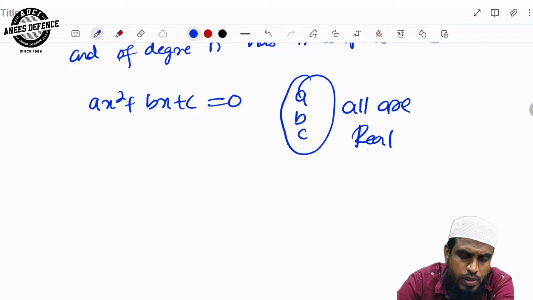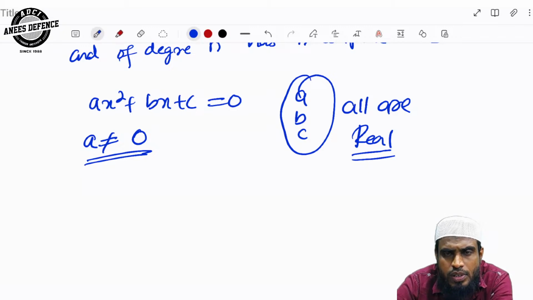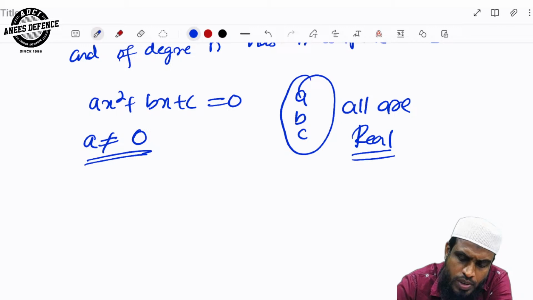If it is a quadratic equation, a should not be equal to 0. If a is equal to 0, that will become a linear equation. So what is the condition? Ax square plus bx plus c equal to 0, then a should not be equal to 0, because if a is equal to 0, that is going to be a linear equation. So if a, b, c all are real,